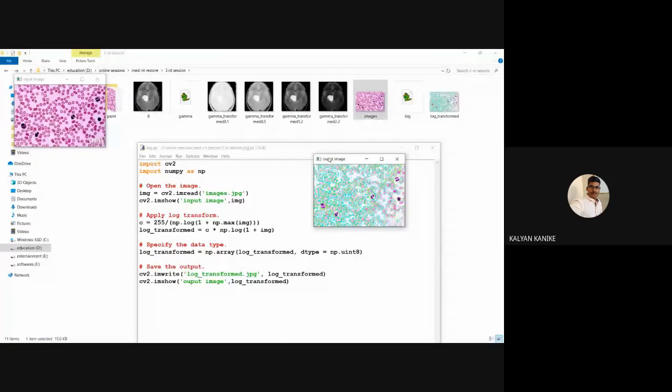Generally we do this contrast enhancement previously. Gamma will support all types of image transformations; I have checked. Another thing I told you yesterday about brightness information: that also will support each and every image.